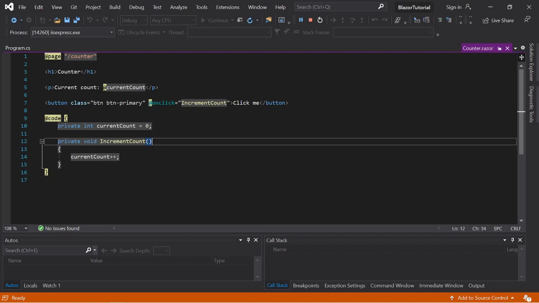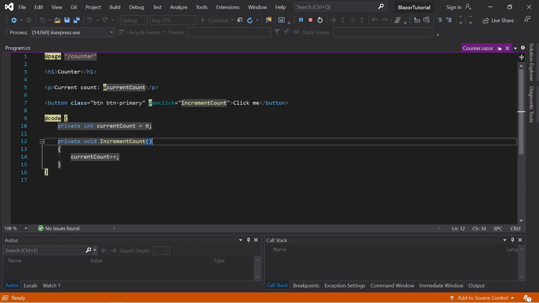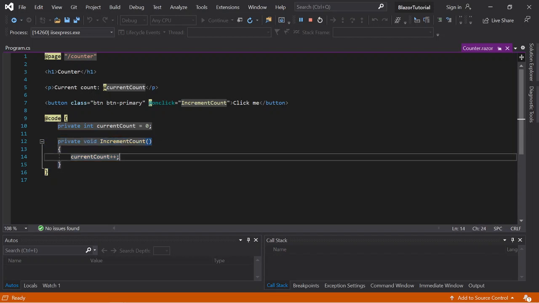This sets the current count, which has an integer data type, and there is a function, increment count. Every time we click this button, the current count will increase by 1.